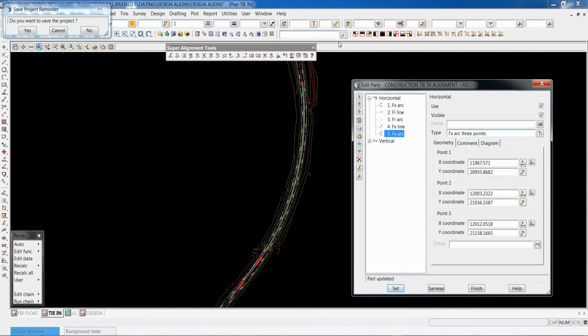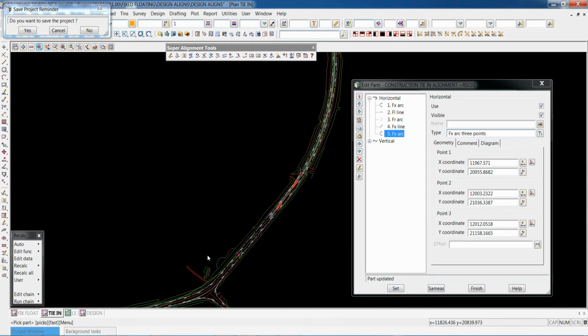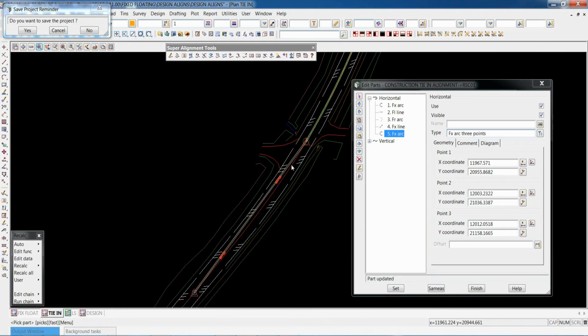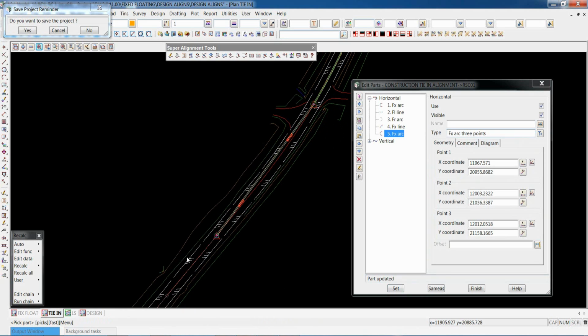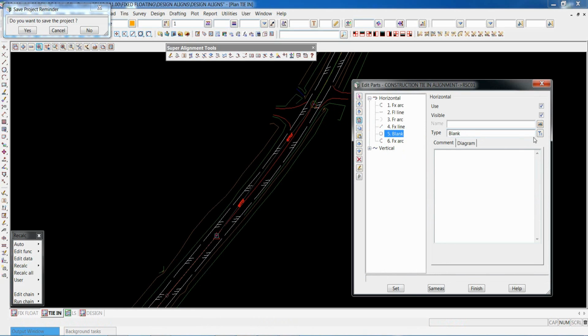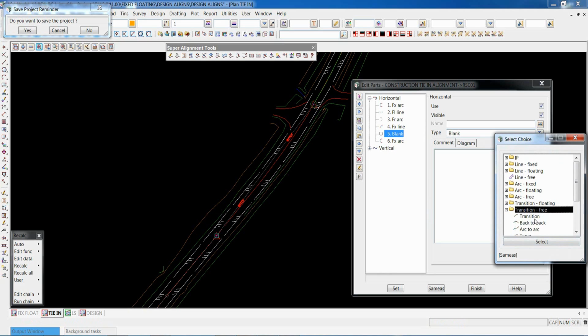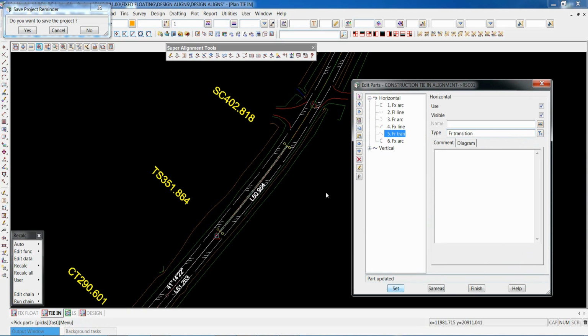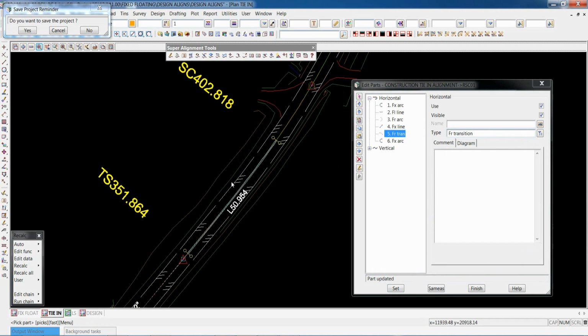I go set. So you see that the alignment string isn't solving anymore. There's no text or anything, and there's big words with error through the middle. So this is a solved or fixed part of the alignment string. This is a fixed part of the alignment string and solved. We need to put something in between here. So as I said, traditionally it may have been a transitional curve. So we can also then go into here and put in a transition free and go set. So just like our arc fillets, we're able to then put a free transition. It's then calculated by the position of these 2 fixed elements, and the length is 50.954.